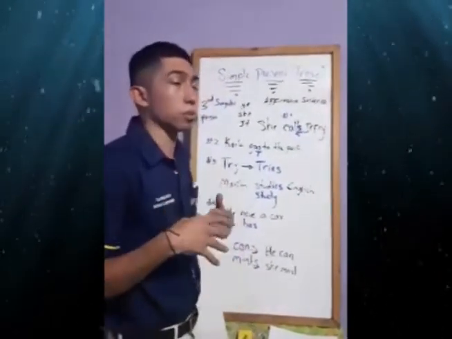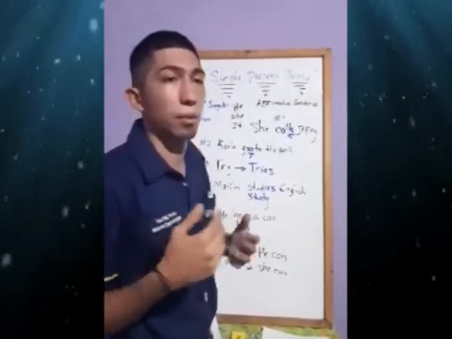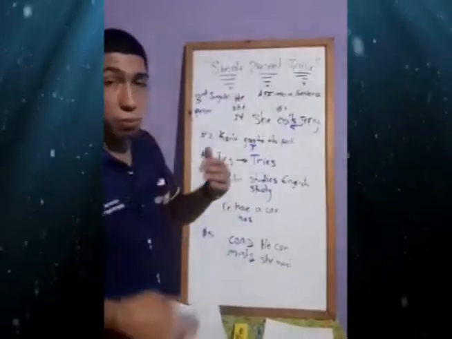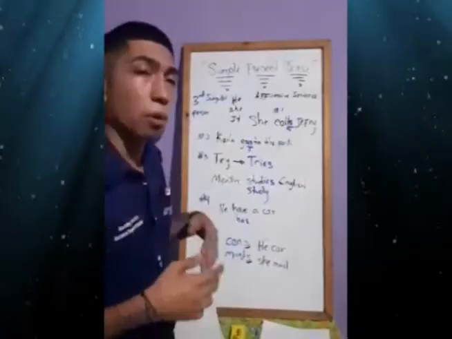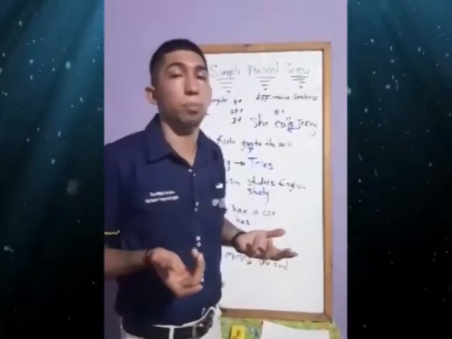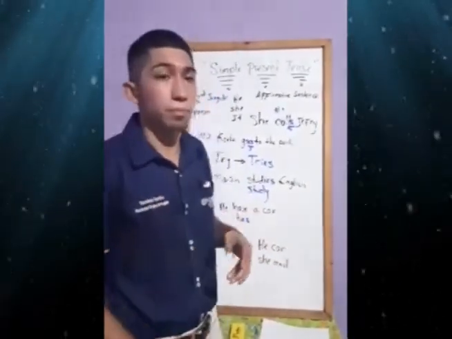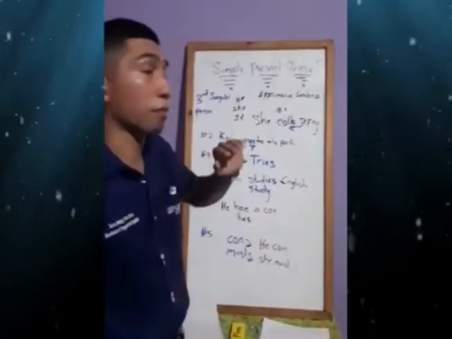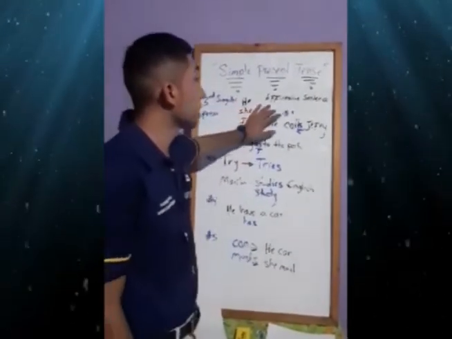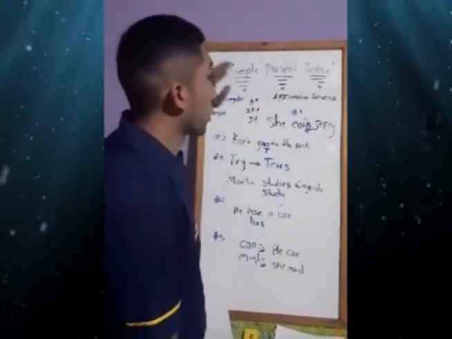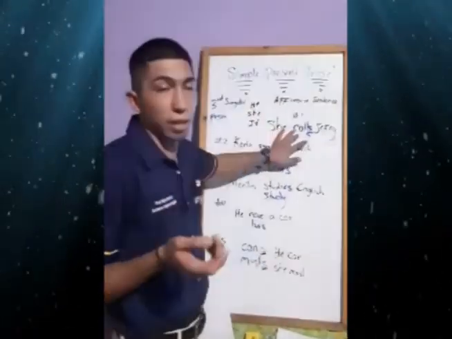Now I'm going to give you feedback about the topic that we developed today. The topic is the simple present. When we use the simple present, we use it to express habit, timetable, and routine. And we have affirmative sentences. We have 5 rules that we explained today. When the verb, at the end of the verb, we